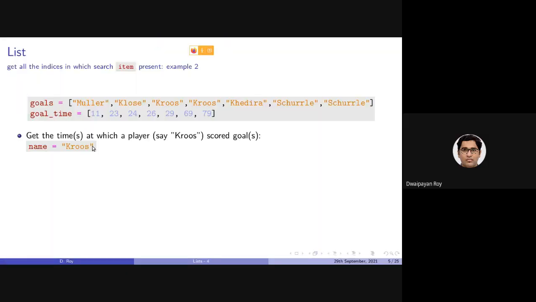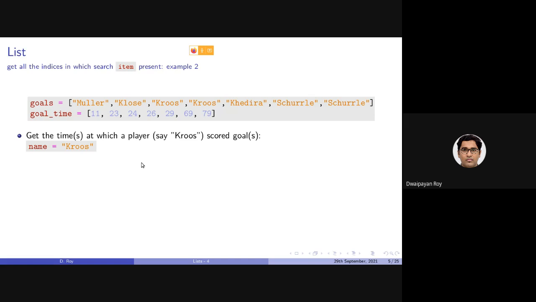Now, given a name, I want to get the times at which this footballer had scored the corresponding goal. How can we do that?